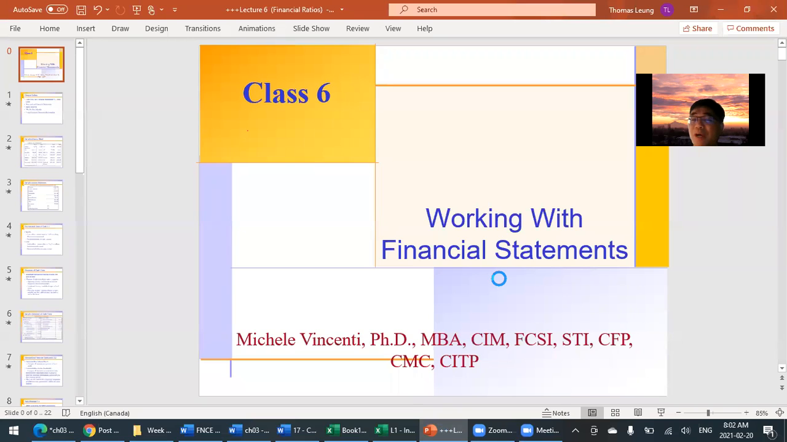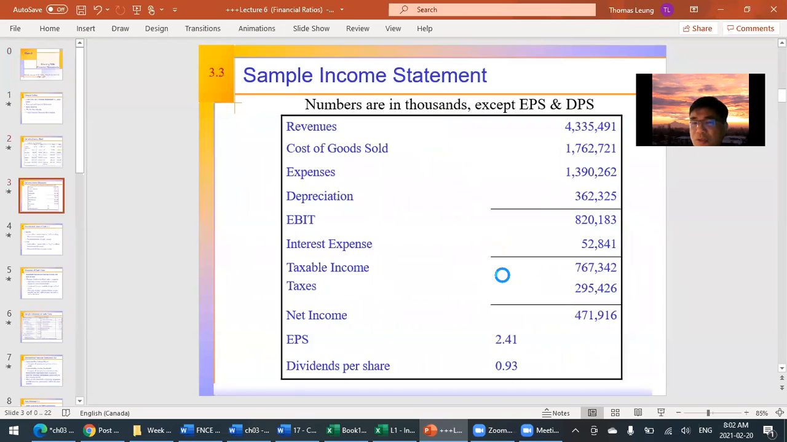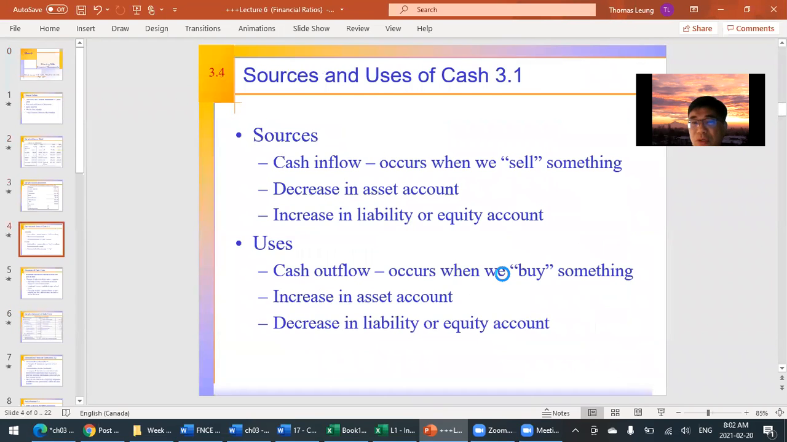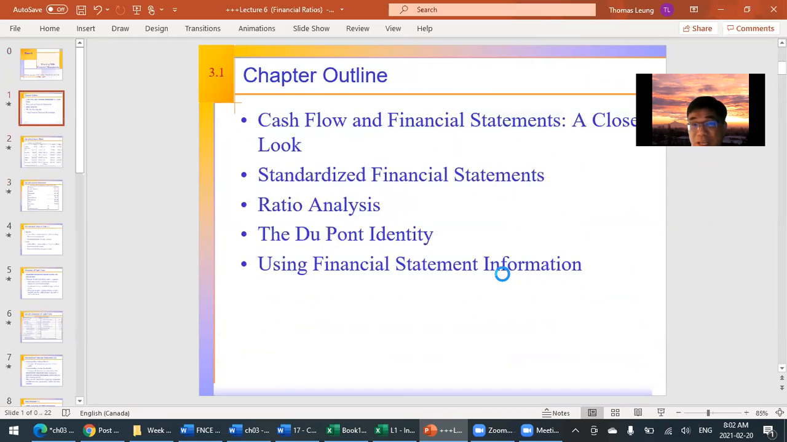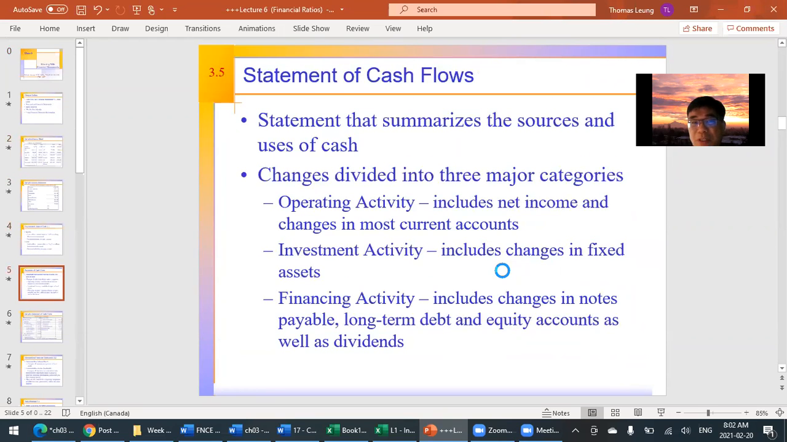Now we said we need to learn how to analyze a set of financial statements, right? So what do we have to analyze? Three things. Number one, the balance sheet. Number two, the income statement. And number three, the cash flow statement, or the statement of cash flow. We've learned a lot about analyzing the income statement and balance sheet already, I believe, in the previous course, right? So therefore, I would like to start with the statement of